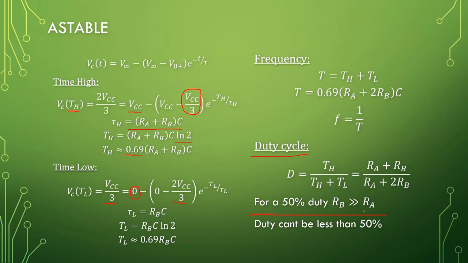Okay, so that is one condition, and our duty cycle can never be less than 50% for this Trip 5 timer. If you want something less than 50%, you need to invert the output somehow. Right, so